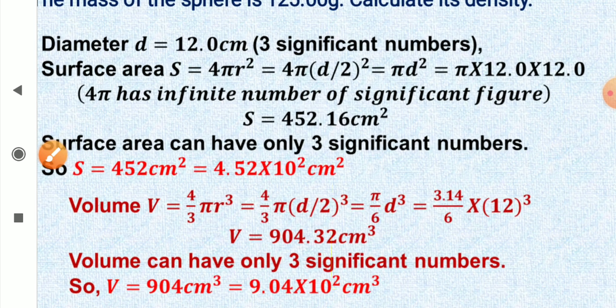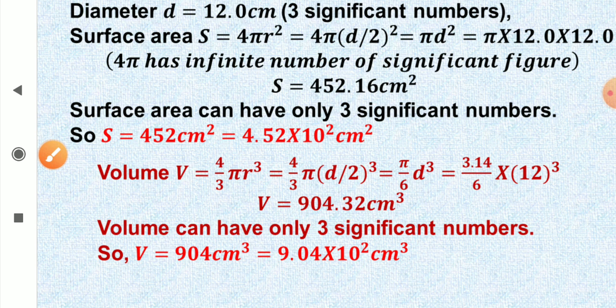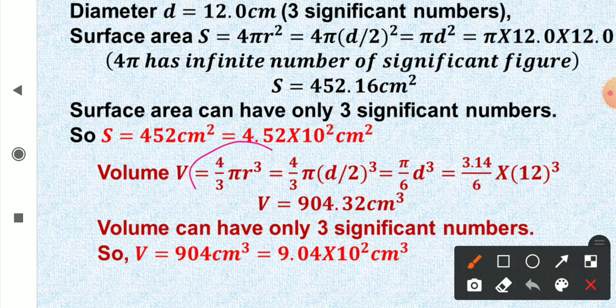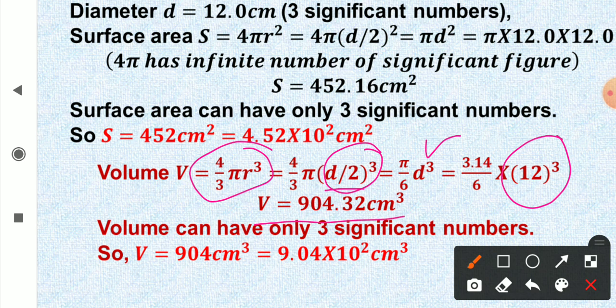Similarly, we can find out the volume also. Now volume is 4 upon 3 pi r cube. So 4 upon 3, r is d by 2 whole cube, and when you simplify it, here you will get d cube upon 8, and that means you will get pi upon 6 d cube. Put the value of d, and diameter is given to be 12 centimeter. So simplify it, you get v is equal to